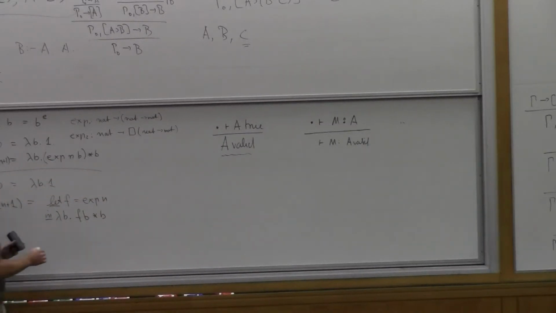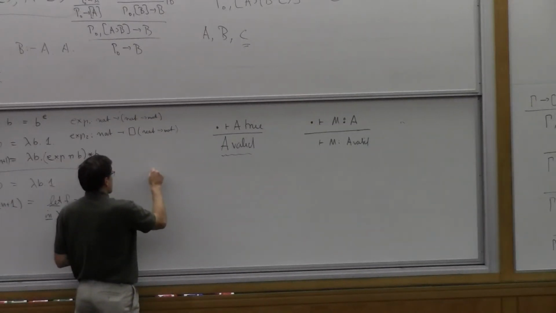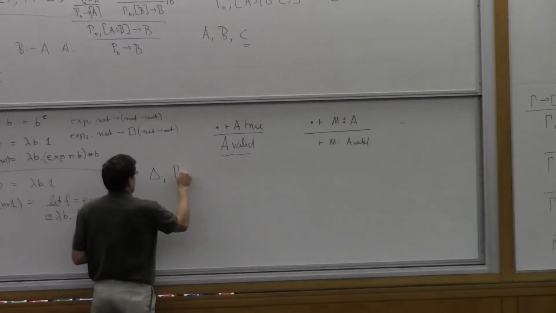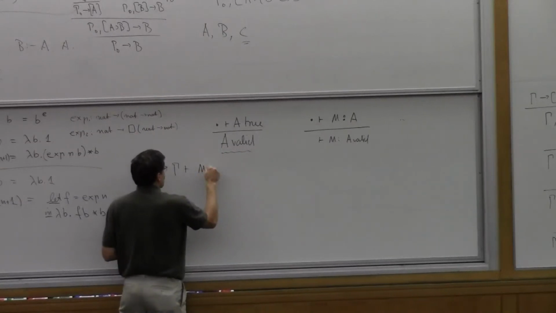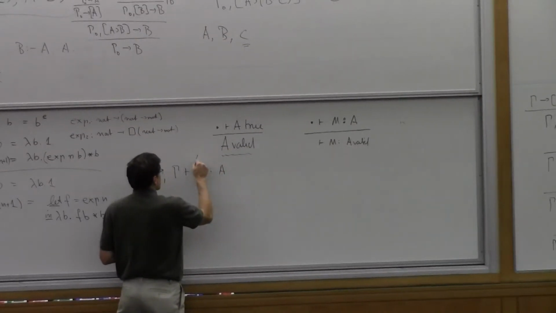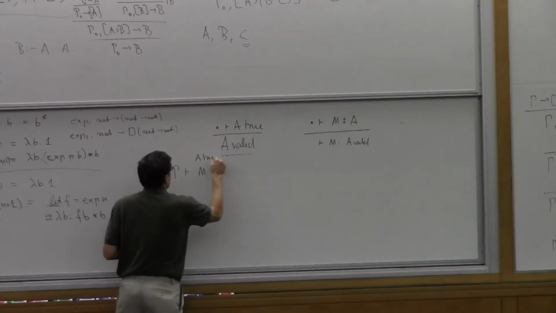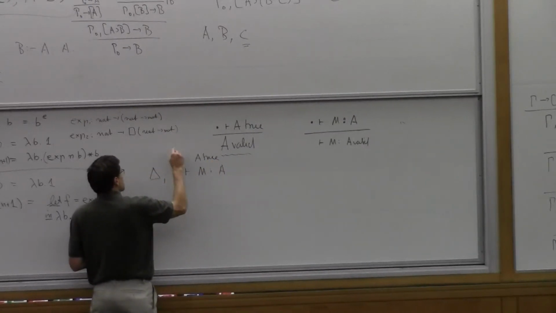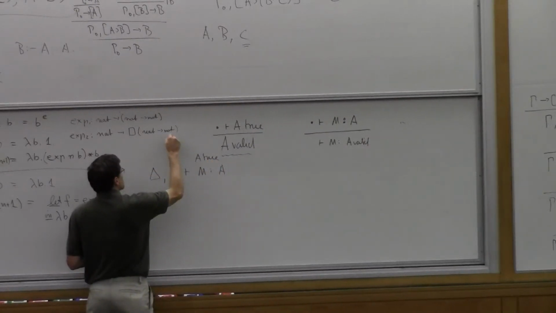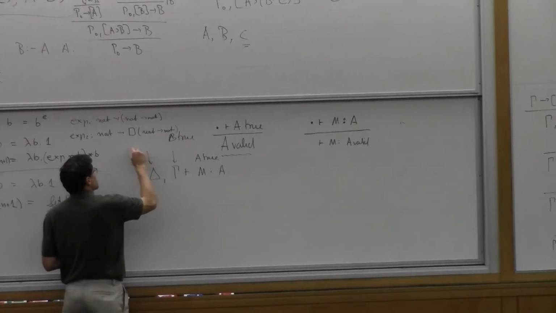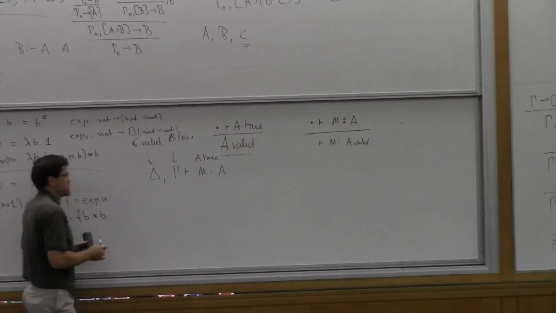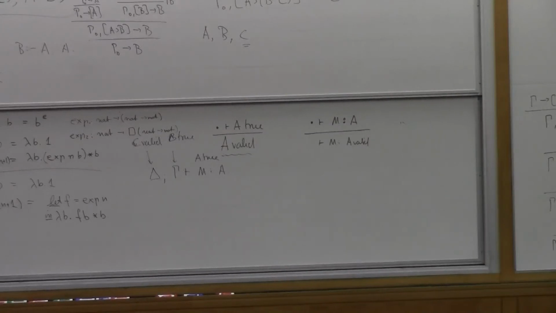So my judgment is not going to look like this, and I'm not going to fully justify this, but with proof terms it would be M colon A. Without proof terms it would just be A is true. And the idea is that these are the things that we assume to be true, so B true. And these are the things that we assume to be valid, so C valid. Okay, so let's just take it from there and see what kind of principles we would get.